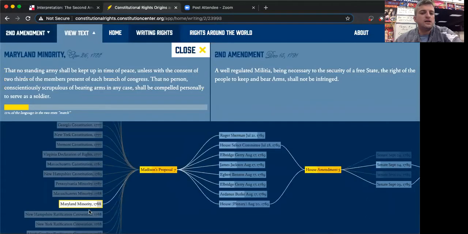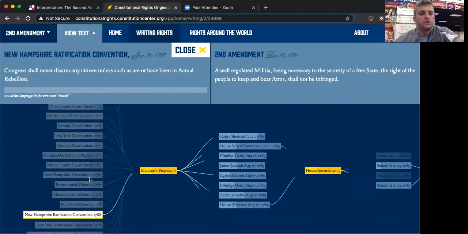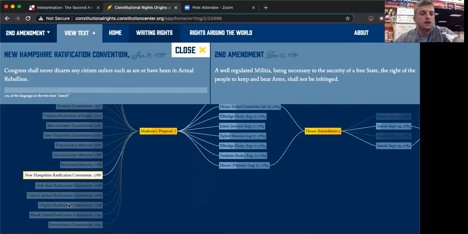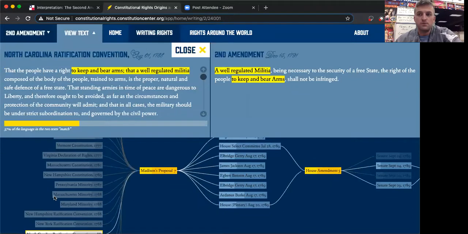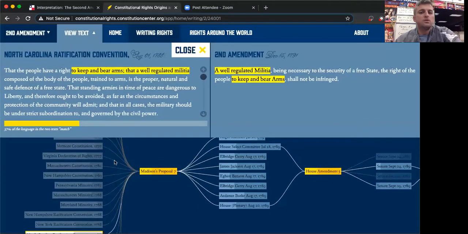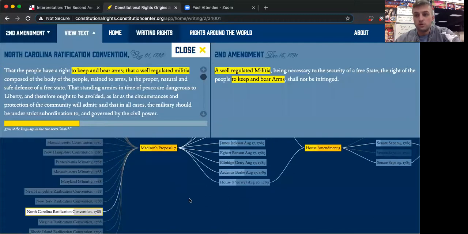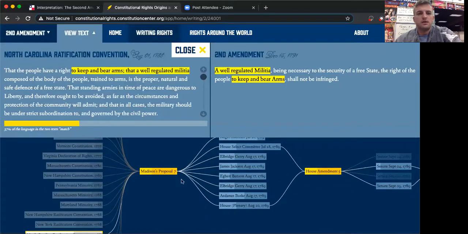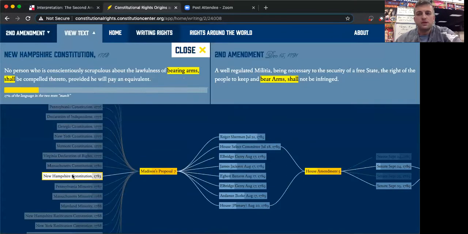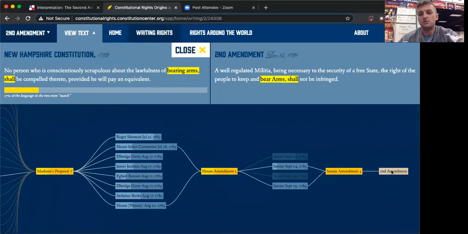As you will see, there are a variety of origins of the Second Amendment, and they're all pretty much coming from those state constitutions. So your job for today is literally to look through these and keep an eye on, one, how the interpretation of arming citizens has changed from earlier state constitutions to the actual Constitution. So, like, the legal interpretation of it.